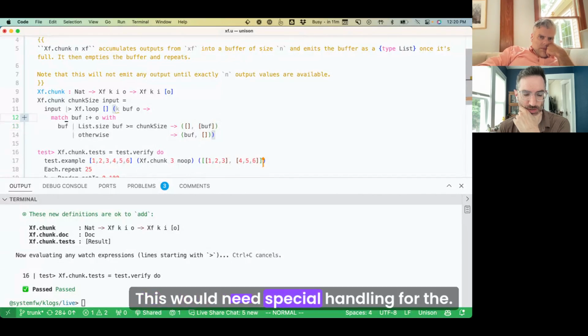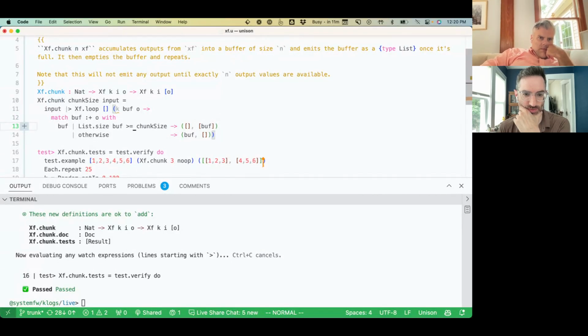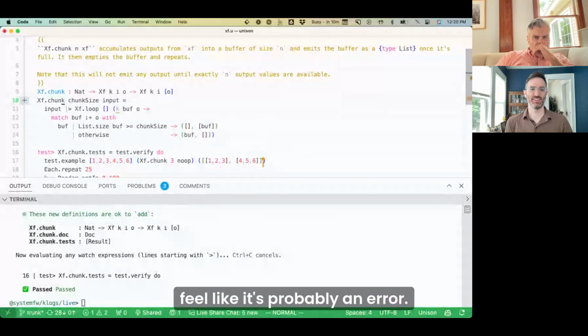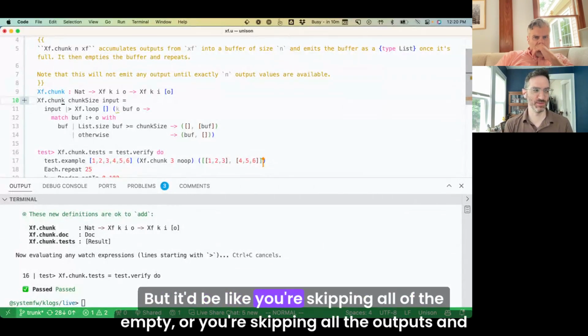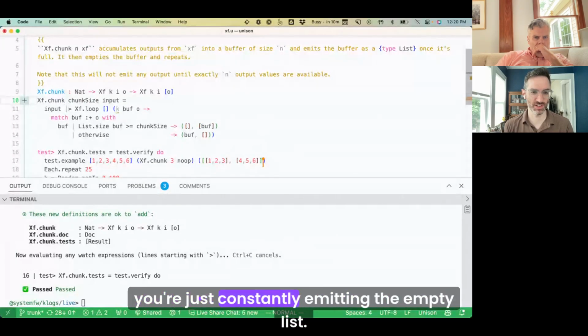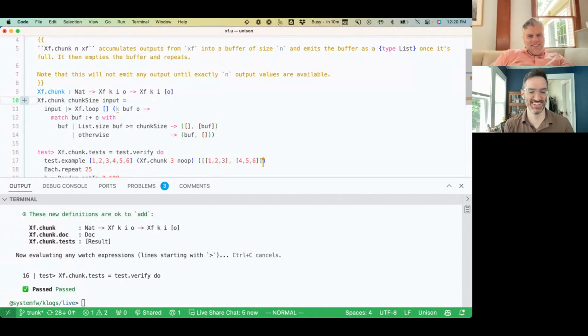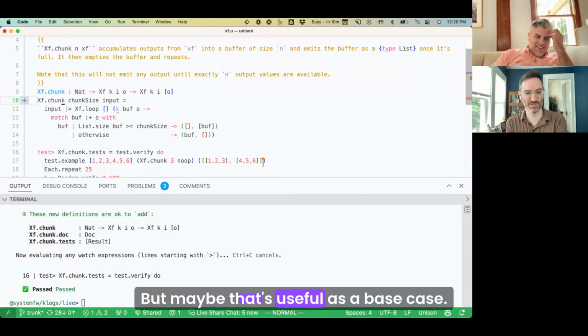Like this would need special handling. I feel like it's probably an error. Almost never what you want, but that'd be like you're skipping all the outputs and you're just constantly emitting the empty list. But maybe that's useful as a base case.